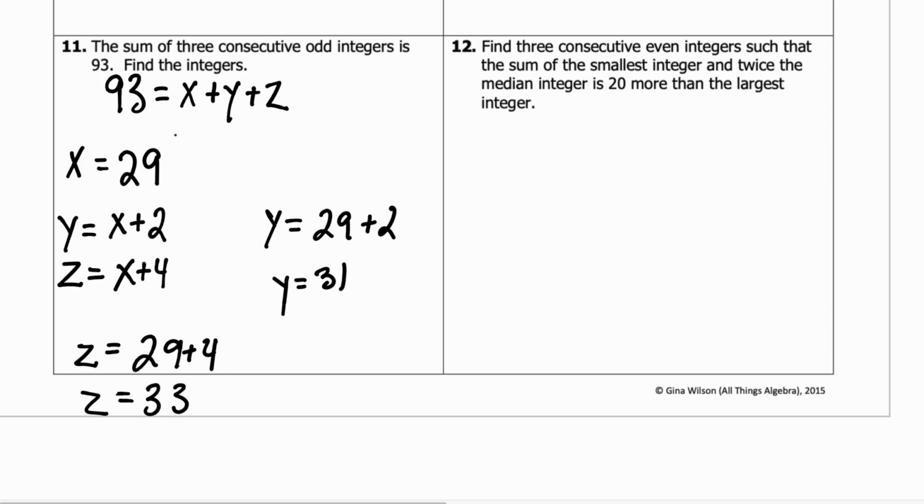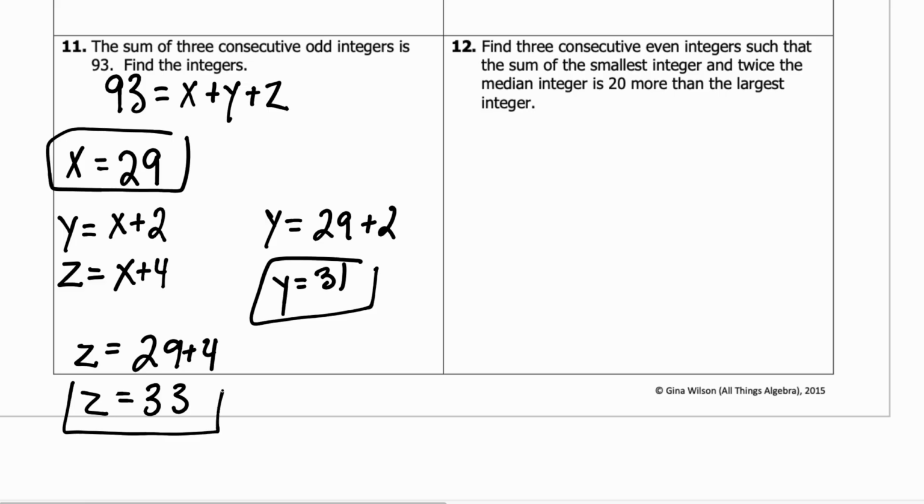So I have 3 numbers that I think are my odd consecutive numbers, and I can check that all 3 of them are indeed odd. 29 is odd, 31 is odd, and 33 is odd. Now I can add them. 29 plus 31 plus 33 is in fact